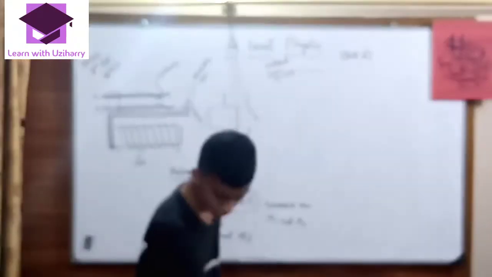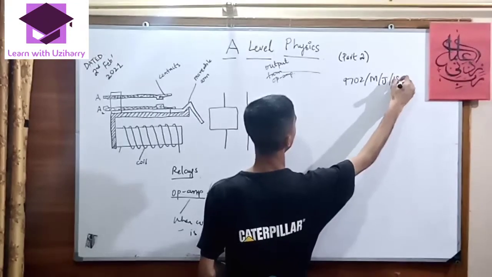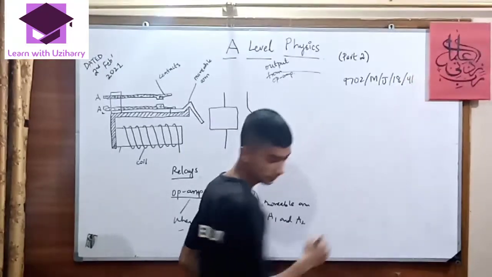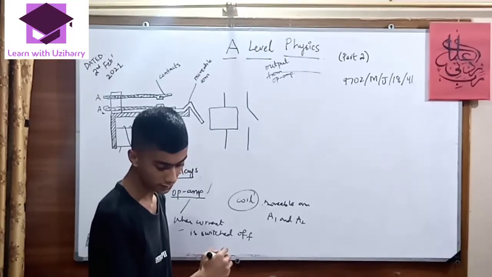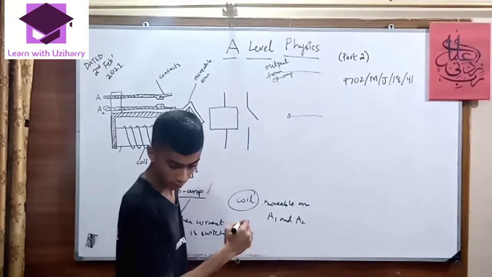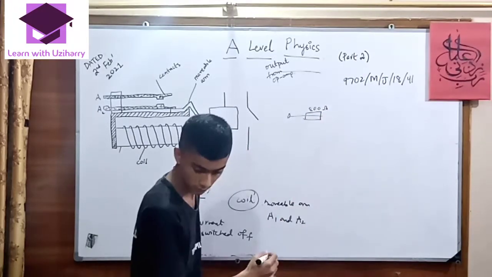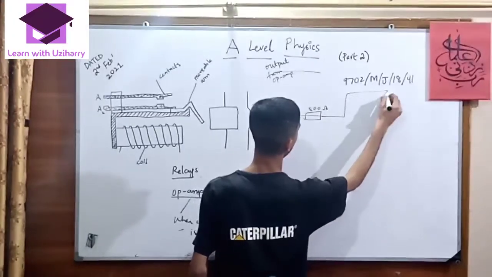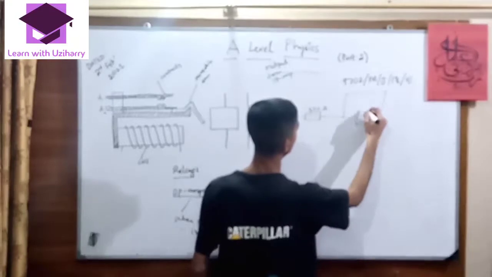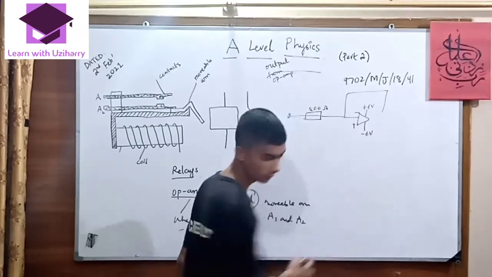The past paper question is of May June 2018, 9702, paper 4-1. In the past paper question, we have a diagram of an ideal operational amplifier, with an 800 ohm resistor given in the diagram. We have the operational amplifier as well, in which we have +6 volt and -6 volt.